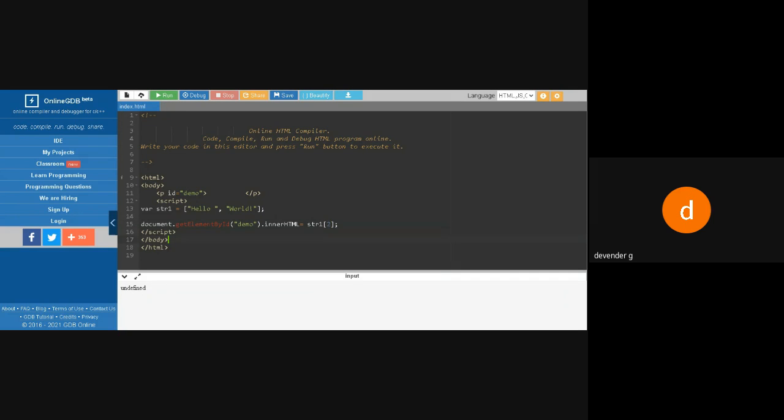Why? Because here we have only two elements, so the positions are not 1 and 2, they are 0 and 1. The array starts from position 0 and 1. The position that has been given is what we call an index number, and the index number will start with 0. So according to that, there is no value at 2, so it's saying undefined.